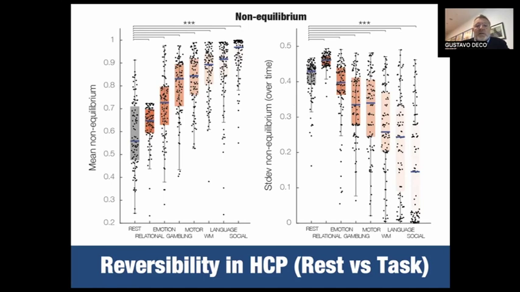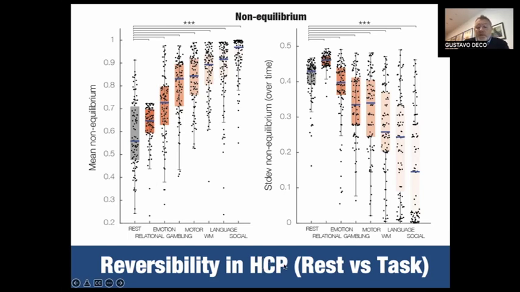Of course, you can read in the written version of the corresponding papers the analysis of the network level and the node level. But just to give you now a concrete feeling of what we get, this is the HCP, human connectome